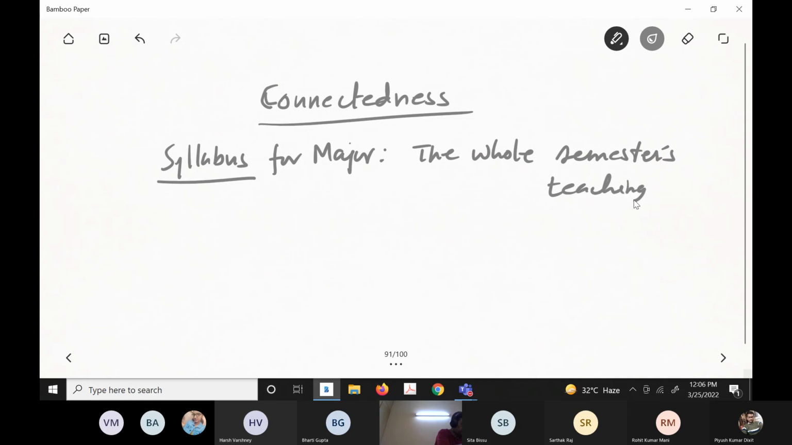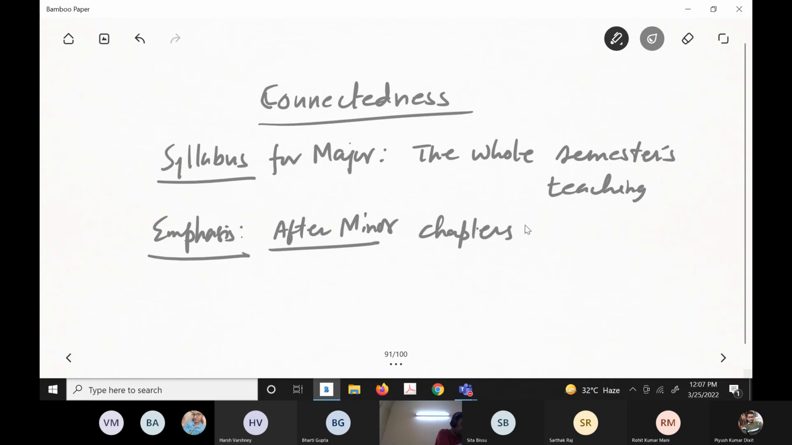But emphasis should be given after the minor chapters. Why am I saying this? Because you need many concepts from before the minor. So don't complain, but here you should focus on